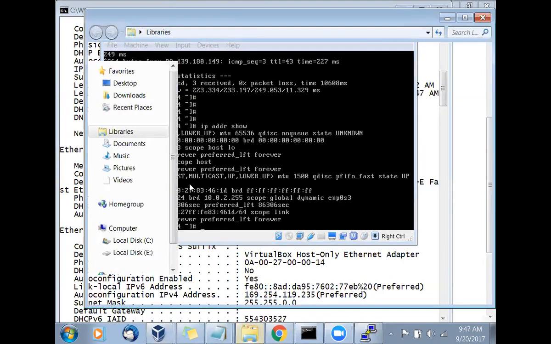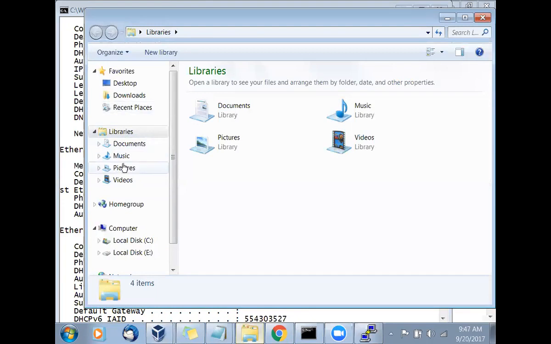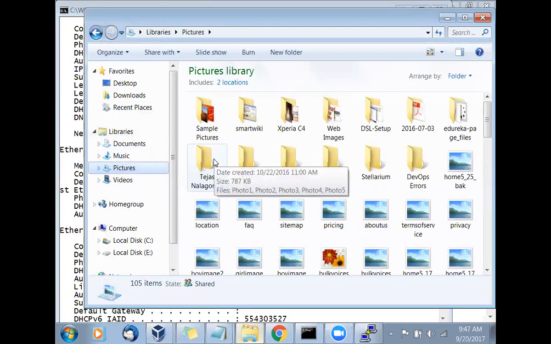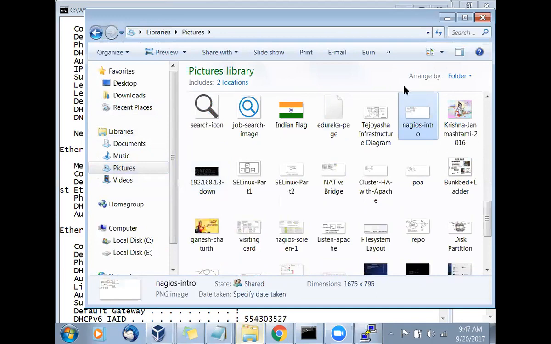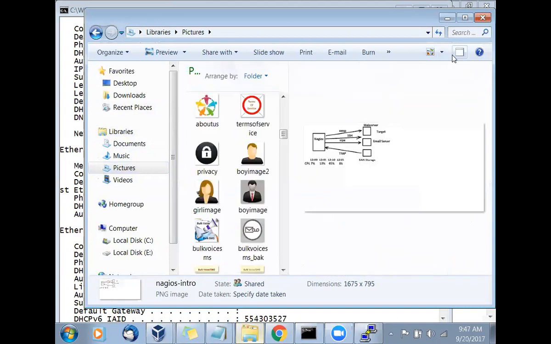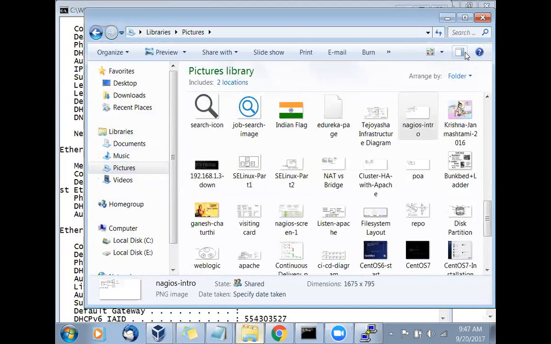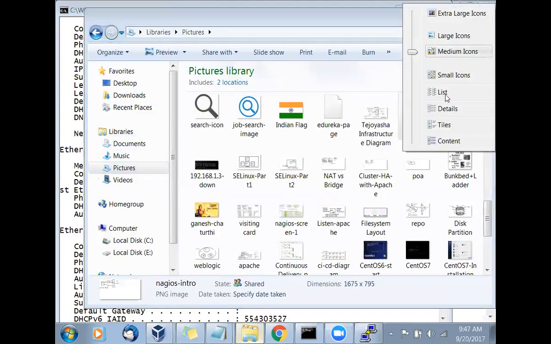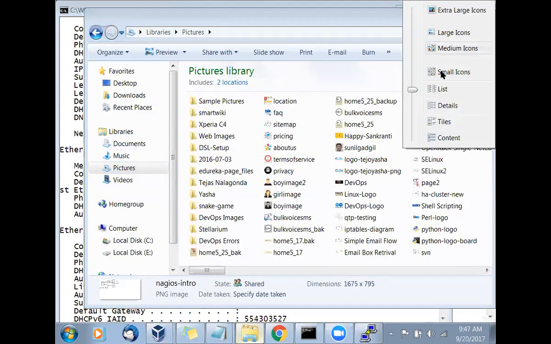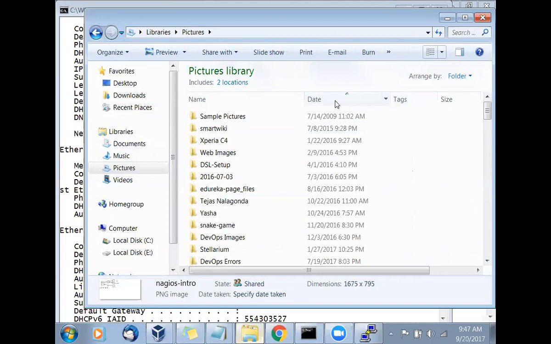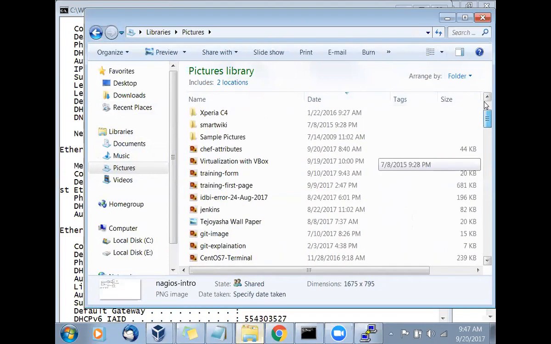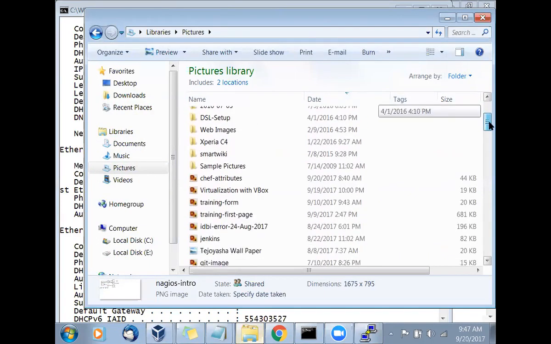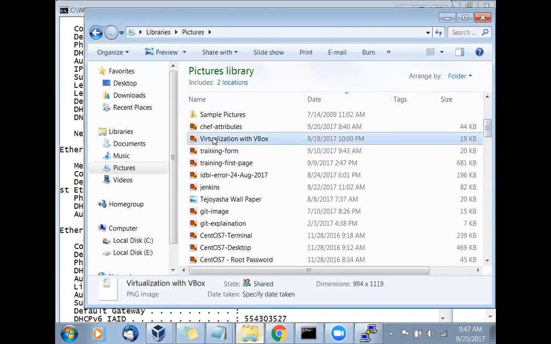Let me bring up the diagram. Pictures. Network. I'll say network. We have the diagram. Okay, I'll go with the date and timestamp. I need to go with the list. Hey, where is my list? Details. Okay, so let's go and see that. Measures or something. Let me see if yes, I have the virtualization box diagram.